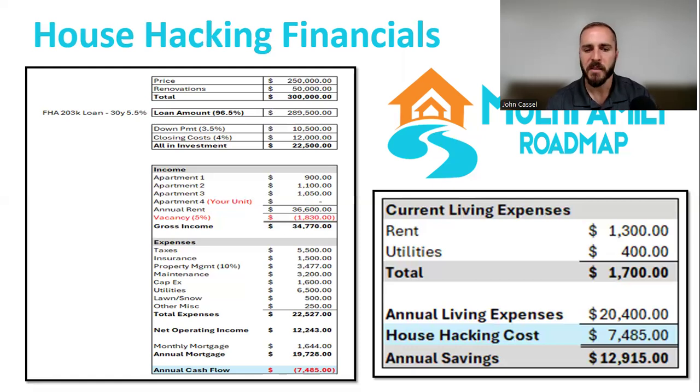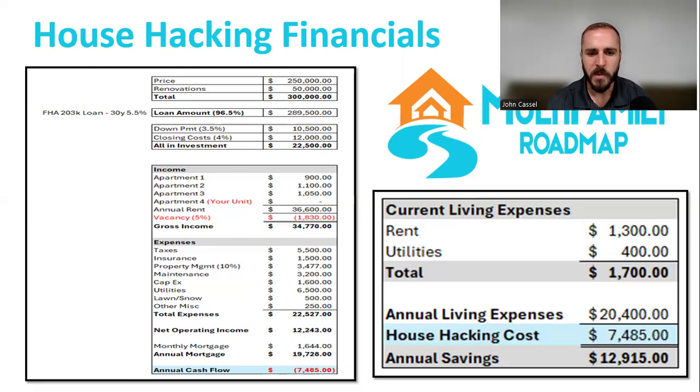Lawn and snow, let's say it's $500. You could easily do that yourself and save a little bit of money there, but we'll just say that you're paying somebody to do it. And then any other miscellaneous expenses, like borough costs, specific township costs, some sort of admin, legal stuff, that kind of stuff. So your total expenses come to $22,527 for this example, bringing your net operating income, which is the income minus the expenses, to